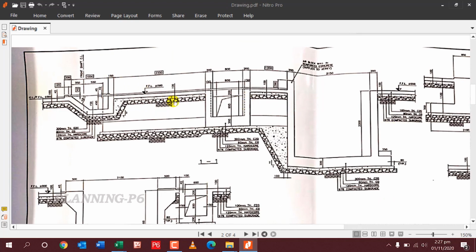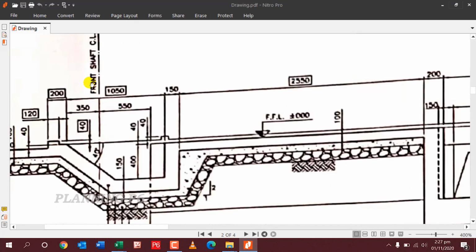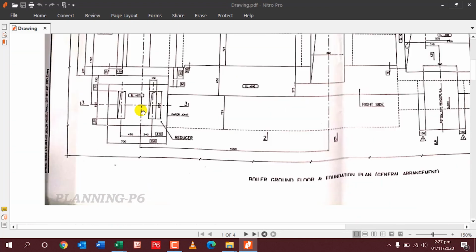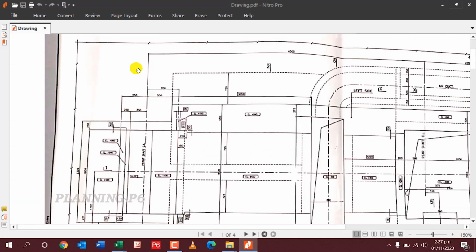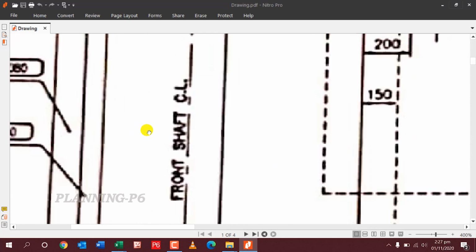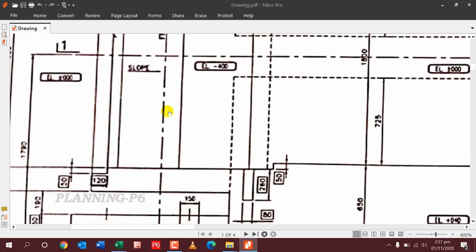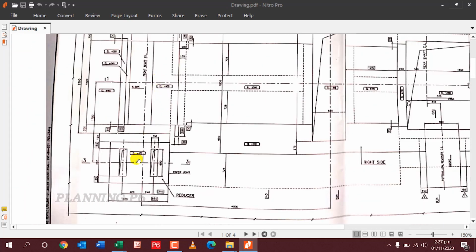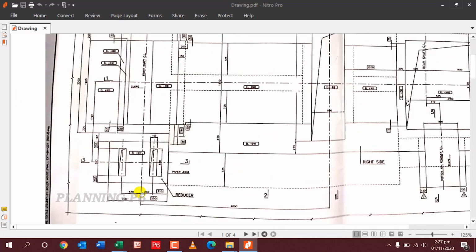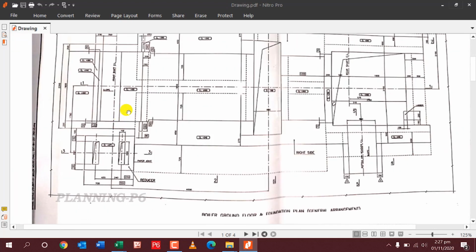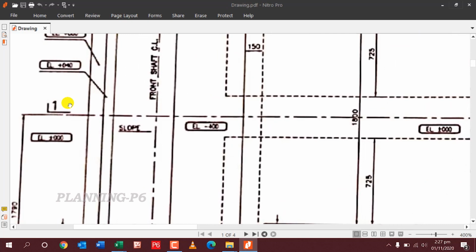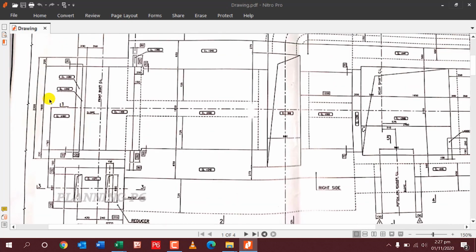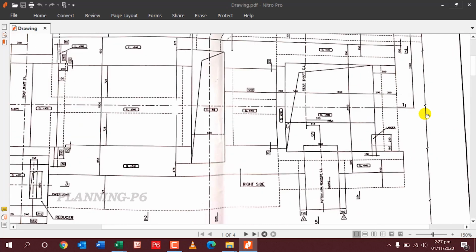So from where I am just taking, this is front shaft CL. So I will just go here and see front shaft CL here. Here you can see this is front shaft CL. Throughout you can see it is completely up to reducer. I will go through fast if people know. The drawings and also the BOQ are attached with this file, this description. You go through and first learn what I am doing, so you will understand very fast.